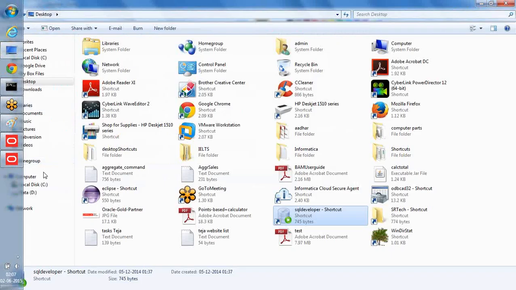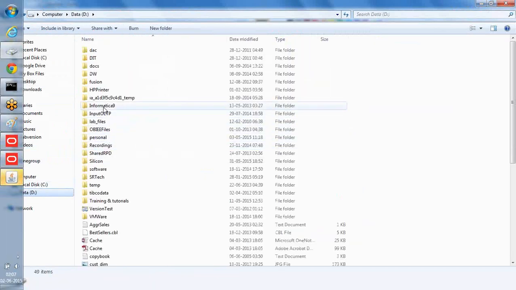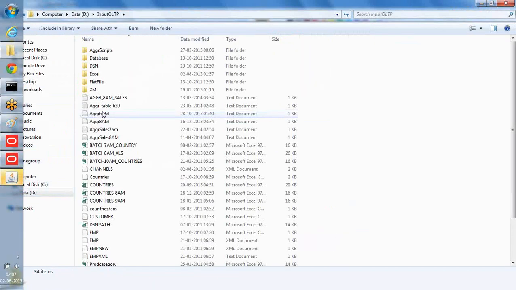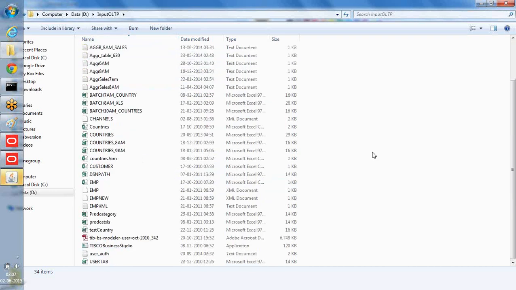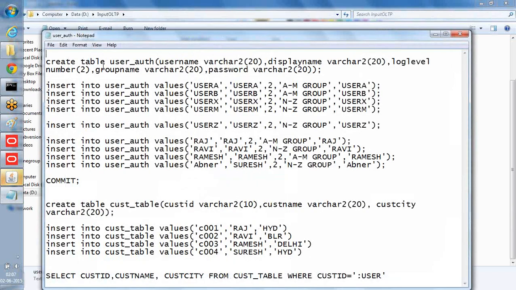I think I also have some script. Okay, so this is the table that I'm talking about. I'm creating a table with the name user underscore AUTH. You can give any name, it doesn't matter, just some random name that I've given. I'm intentionally creating a few columns, and it's up to your choice what columns you use. But I make sure that we assign some of the values that are required